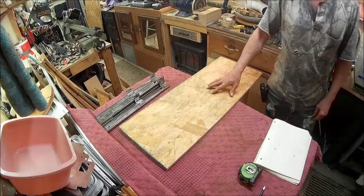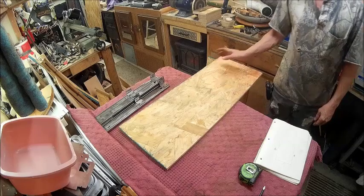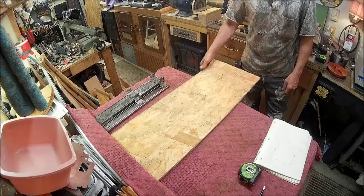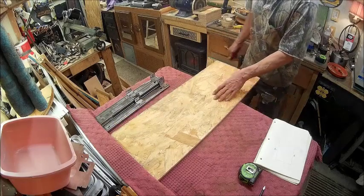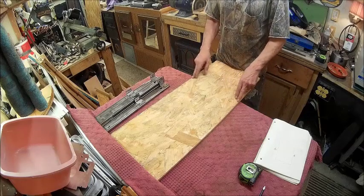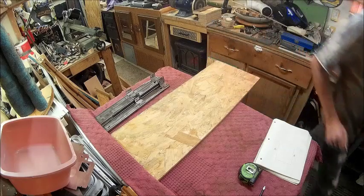I'll cut these out, and I'll just go ahead and cut all the pieces out now that we know what we're cutting out of. Everybody's seen a saw run. And then once I've got the bottom done, and I've got the sides ready to bolt down on it, then I'll take some